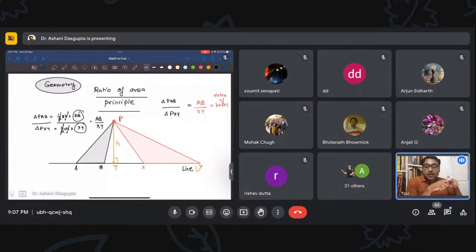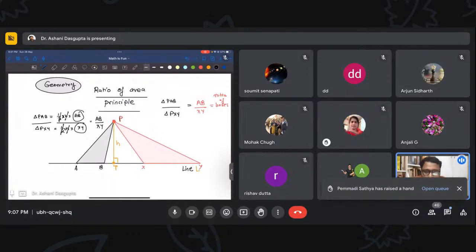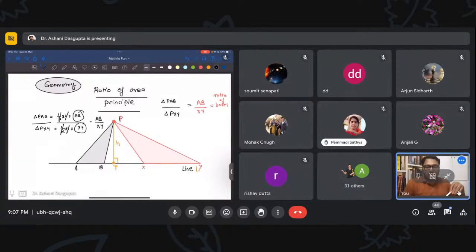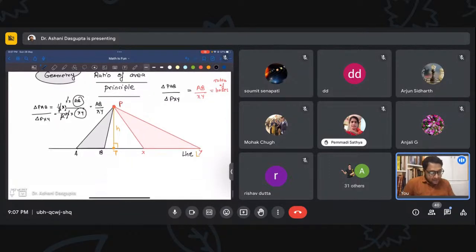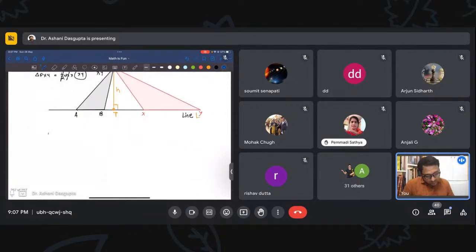This is a very simple principle. I am pretty sure most of you know this. There is an associated principle. Yes, Pemadi, go ahead. Do you have a question? Okay, maybe not. All right, there is an associated principle, and this is about the ratio of areas